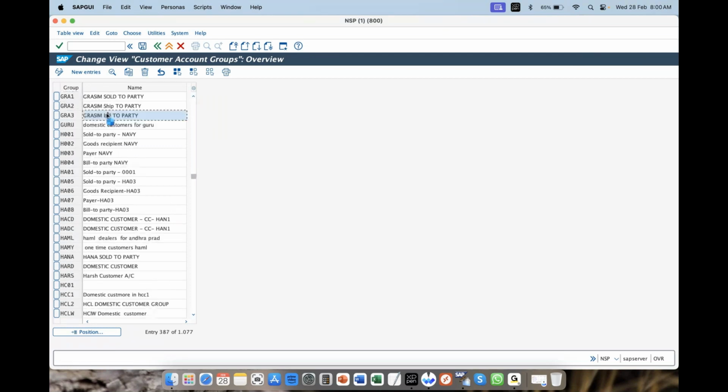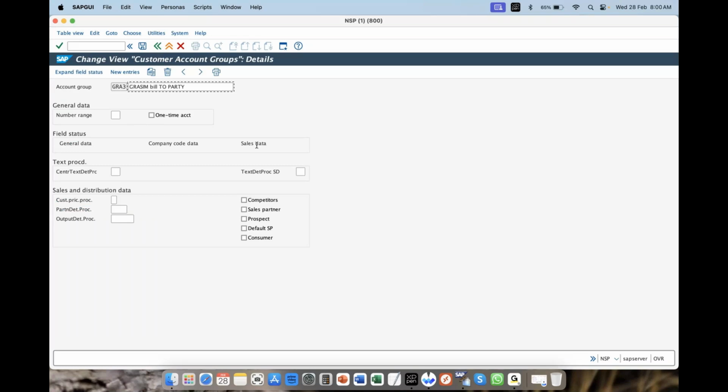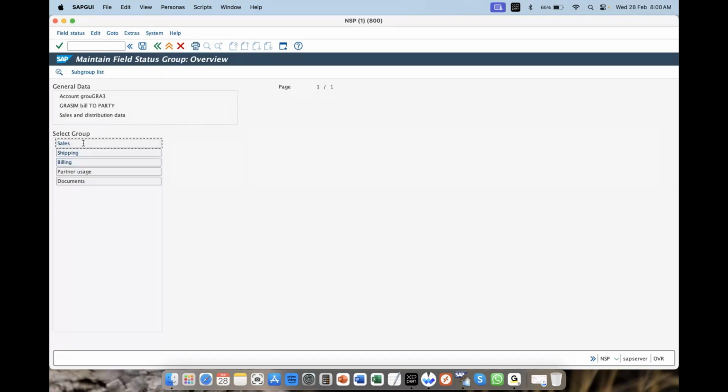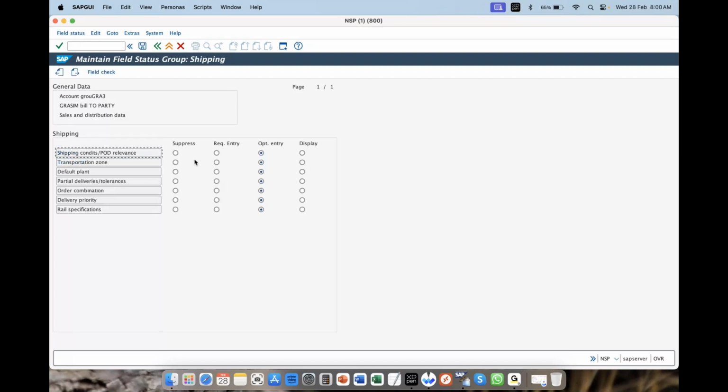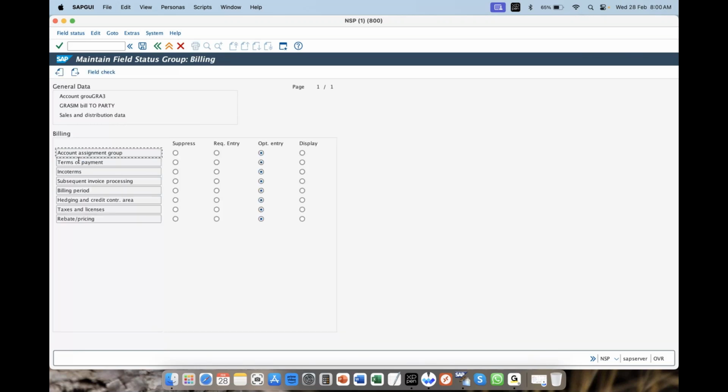In every account group, general data all to be activated. Sales data. To prepare a bill, we need to have only one view. No shipping. To prepare a bill, sales information. Understand the functionality, please. There won't be a bill, right? So